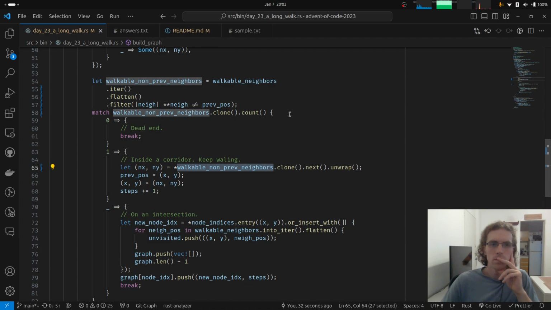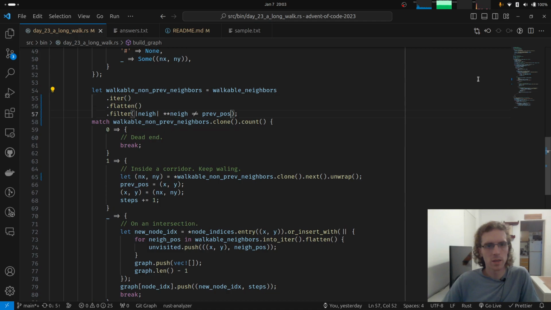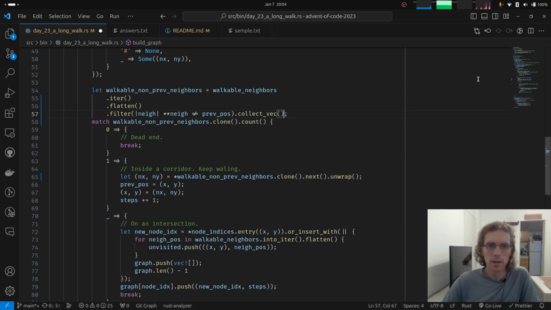I think I might be able to, and that shouldn't impact performance that much. Non-previous neighbors. If we collect this actually, if we collect into a vec